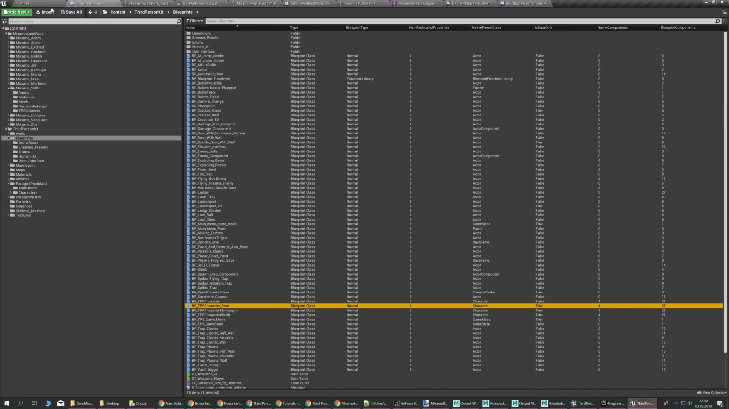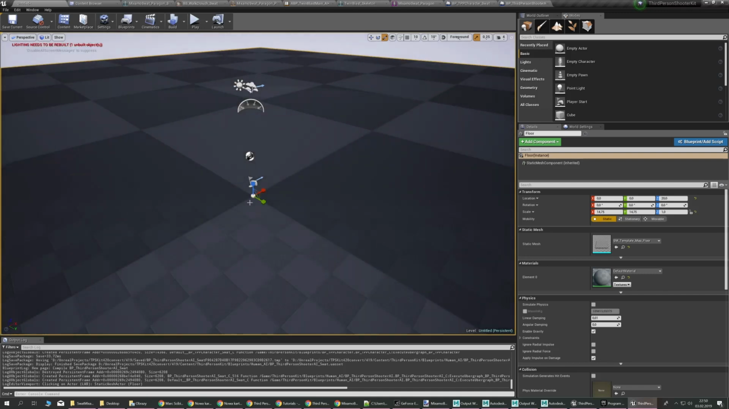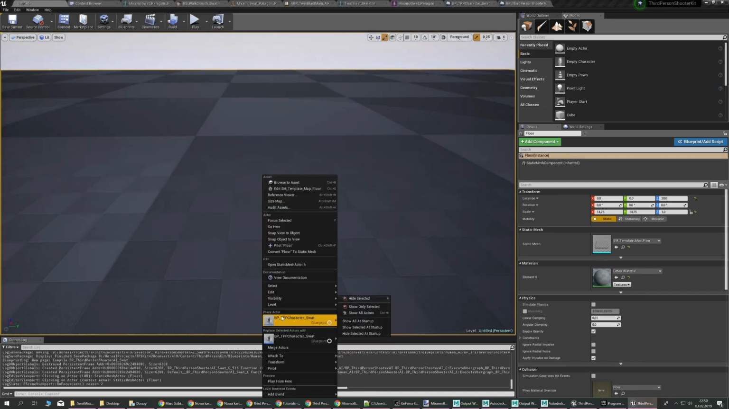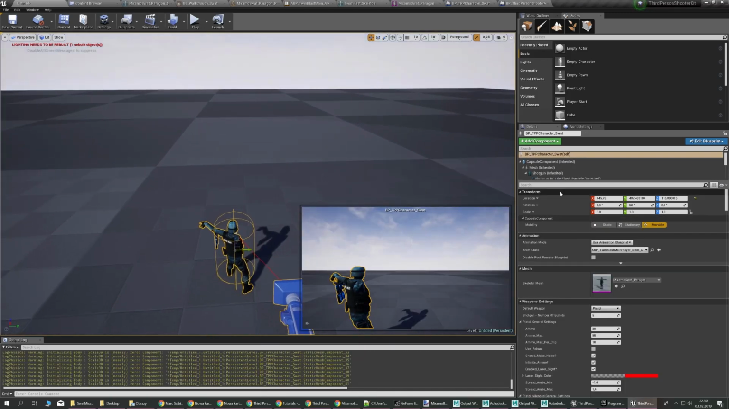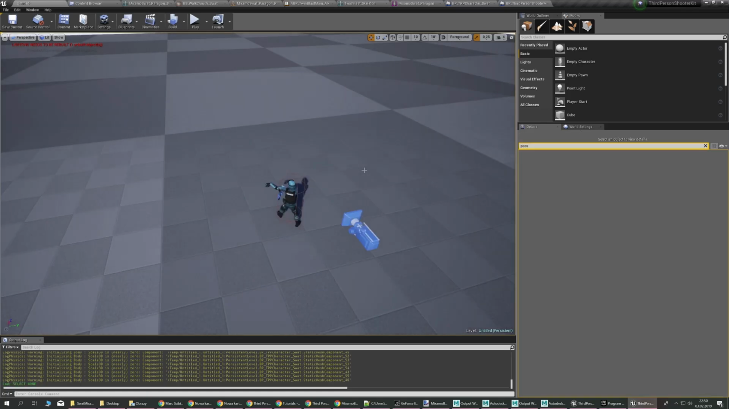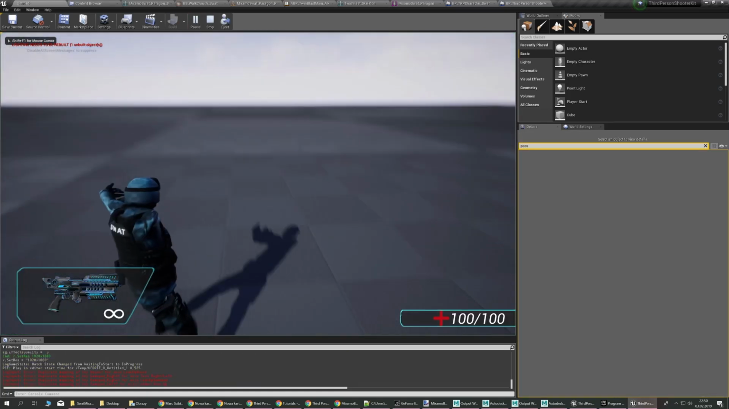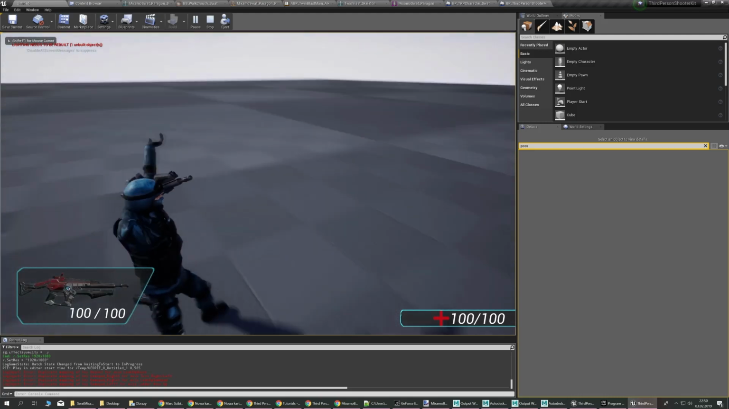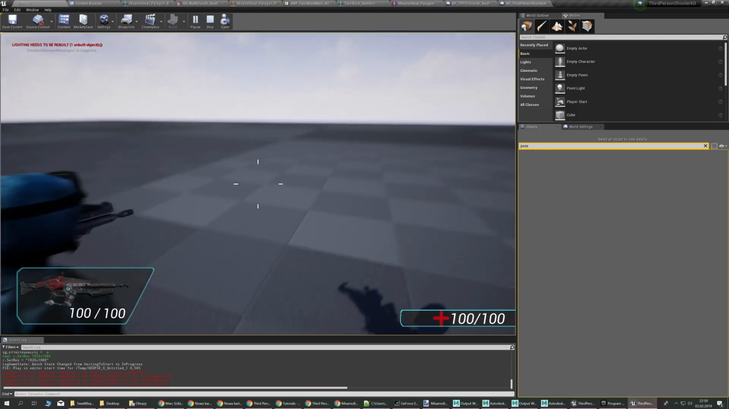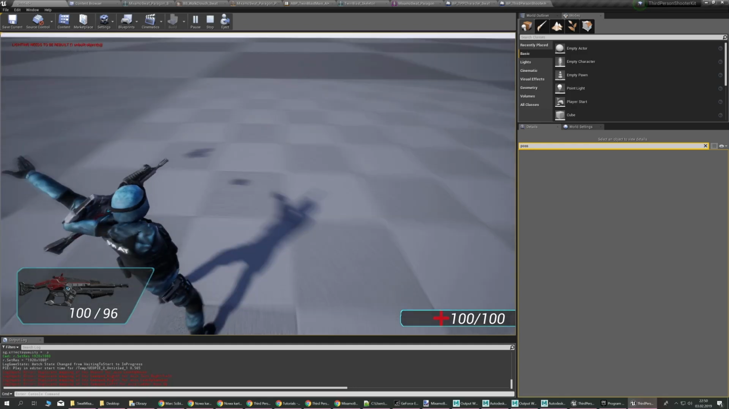Okay, I have this guy selected. I have a new level here. Place this guy. Auto possess for player 0, so we'll play as him. As you can see, his arms are going crazy. But generally everything should work, except this